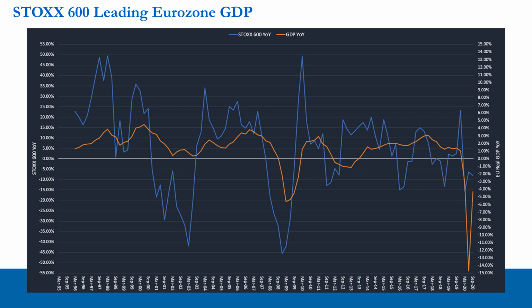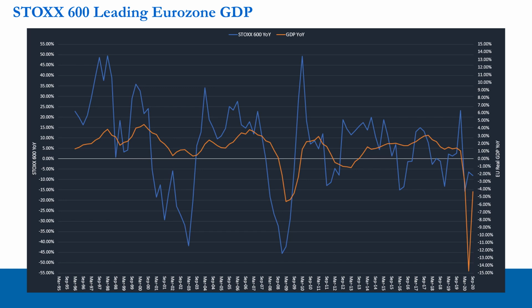And if you look at the preceding period, which is the 2012 to 2015 period, you'll see that the Eurozone GDP number is going positive. And there's multiple readings of the Stoxx 600 having very positive year-on-year percentage moves of between 10 and 15%. So in the preceding period, this is where there was obviously a lot of stimulus in Europe from the ECB.